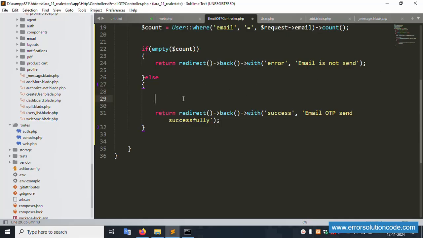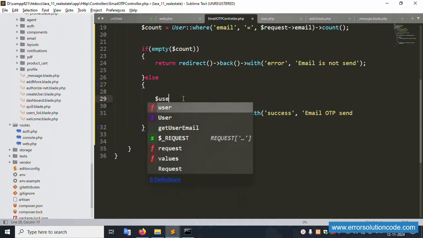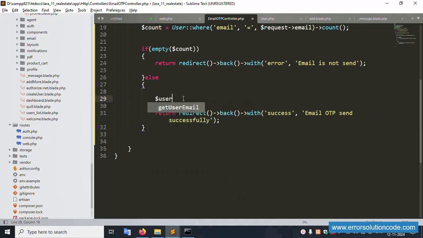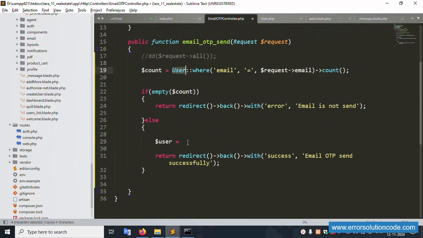Dollar user is equal to, the same name, copy and paste here, where email. This is email, the same name is email, copy the same, is equal to, paste it, and first